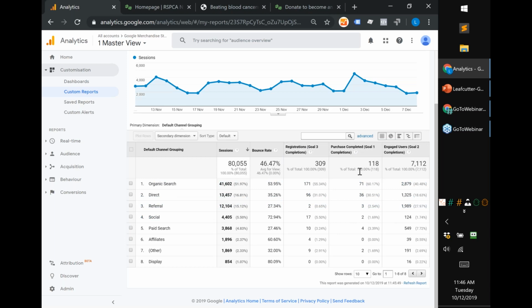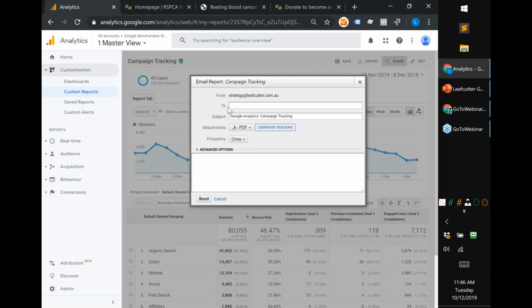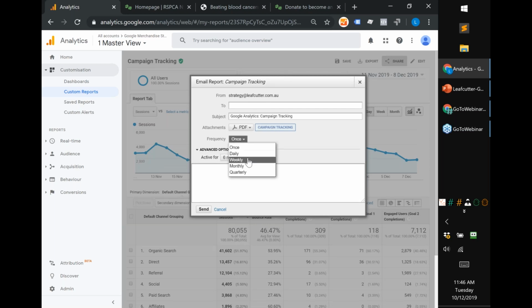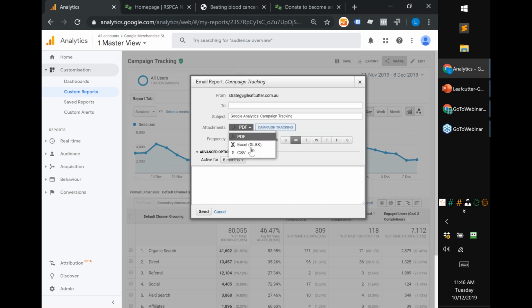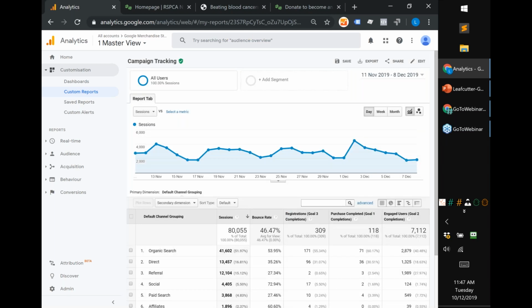So now I've got a much more focused report, and maybe this is all you need or all your internal stakeholders need. A really beneficial feature of these reports is we can also share them. So you could say, yep, this is good to go. I'm going to send it to my colleagues every week on a Monday as maybe a PDF, a PowerPoint, or a spreadsheet, whatever it is. And then you've done the reporting job. You don't have to send them the data anymore, which could be a little bit manual to do every week.